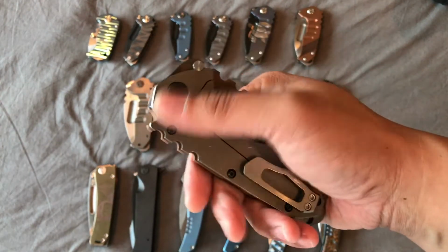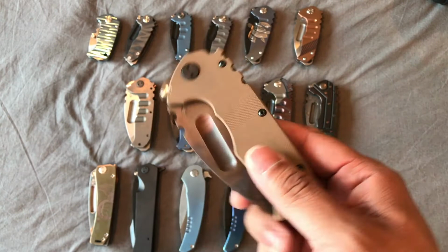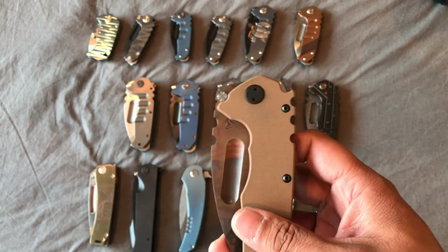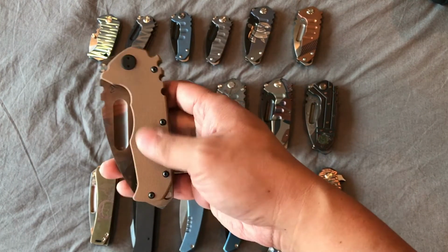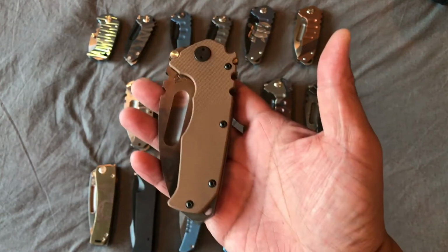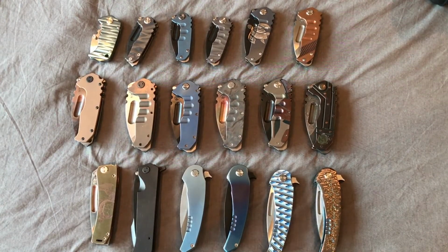But this has just kind of got PVD'd hardware, a cool looking blade, and it's a lot lighter. So, you know, I like titanium scales, and the weight is not a big thing. But if you're not going to buy a Medford due to weight concerns, I would recommend looking at a micro Praetorian with the G10, or anything with the G10. Again, I'm kind of biased because I carry a Ti every day, but I feel like this is a pretty light knife. And I think I did weigh it, and I think it's like 7 ounces or something like that,